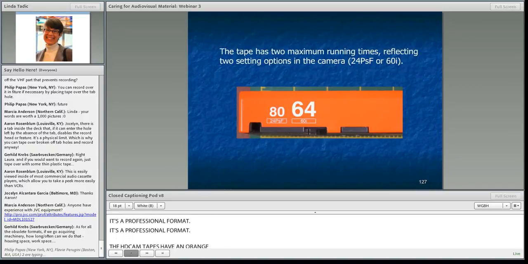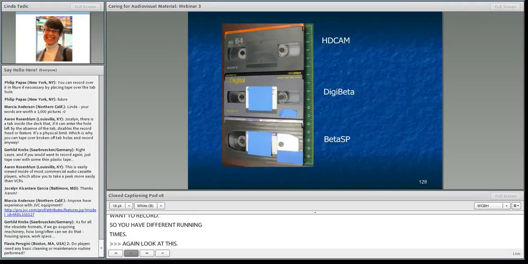It has two maximum running times because the camera, if you're recording directly in camera, then they're all the same size. You have to look at the color coding and also what it's called, of course, on the tape itself to identify what format it is.